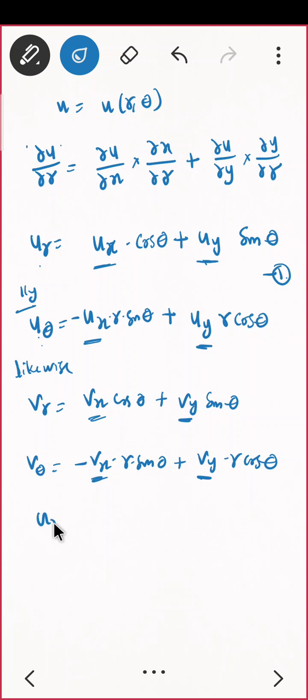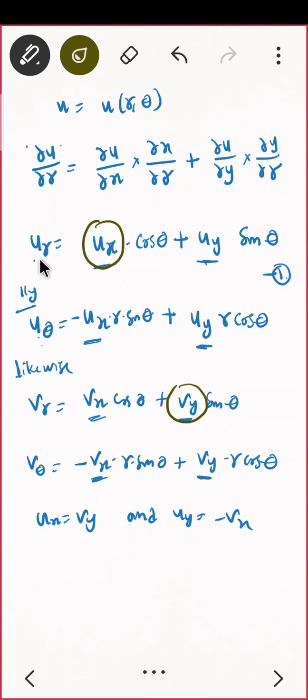What is the CR equation? Ux is the same as Vy and Uy is the same as minus Vx. You can make everybody in terms of Ux and Uy, whatever you feel. See, Ux, this guy, I'll color this differently. Do you see Vy somewhere? It is here, correct? So I can compare these two. Yes, because Ux is the same as Vy, and here also I am having Vy, and here I also am having Ux. So this is the first comparison.